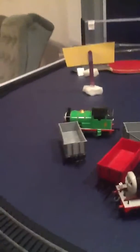So pretty much what you want to do is put the Bachmann Thomas engine you want to run on the rails. For example, I got Thomas here. Now the next step, I'm going to slide in the rolling stock. The next step's kind of difficult. You got to pull up on the hook part of the hook and loop coupler and kind of just try to slide it into the EasyMate. Now that's actually in the open position. It's kind of awkward looking, and I don't recommend leaving it there for too long. But the end result is your Bachmann Thomas engine with a hook and loop coupler